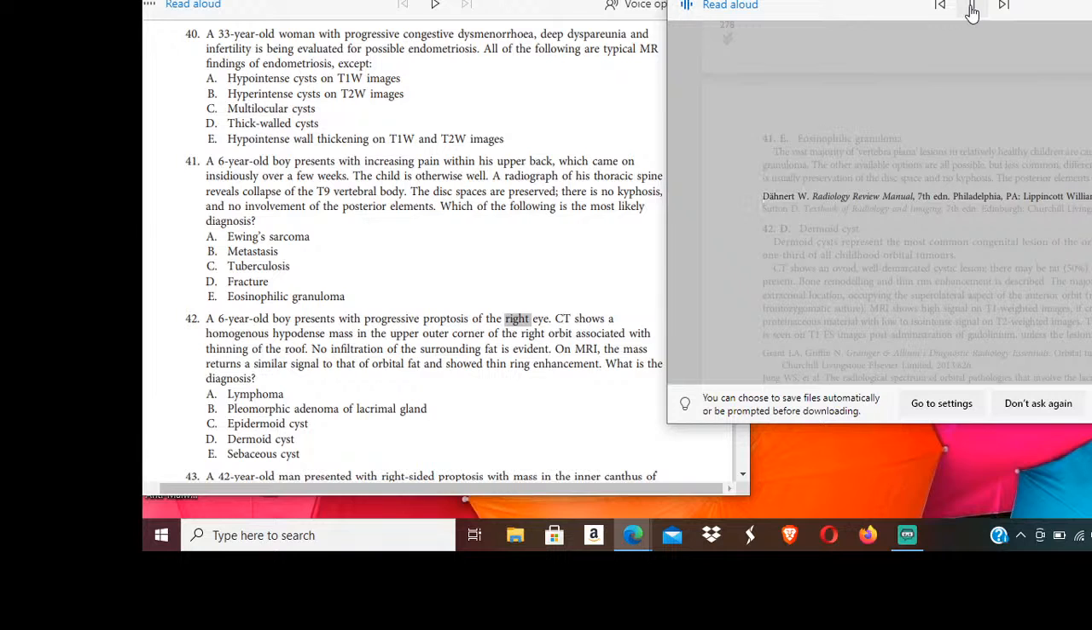Philadelphia, Pa, Lippincott Williams and Wilkins, 2011. Sutton D. Textbook of Radiology and Imaging, 7th ed. Edinburgh, Churchill Livingstone, 2003. 42, D. Dermoid cysts. Dermoid cysts represent the